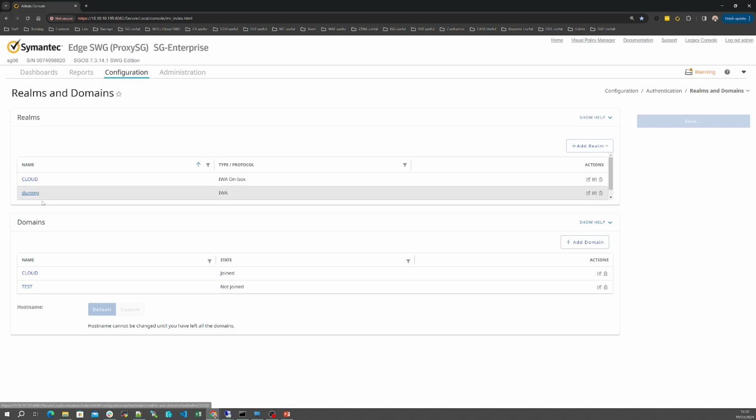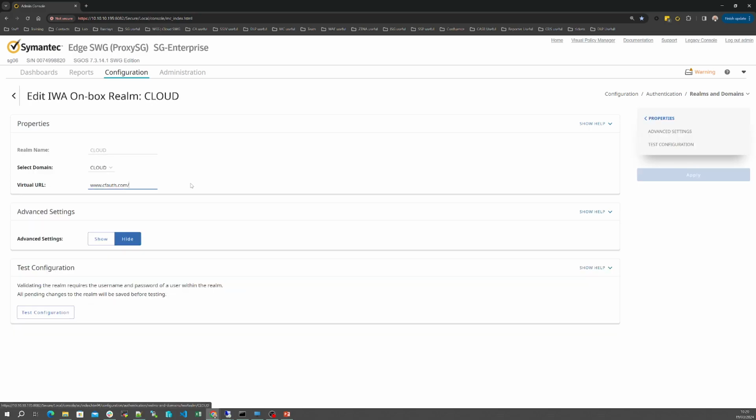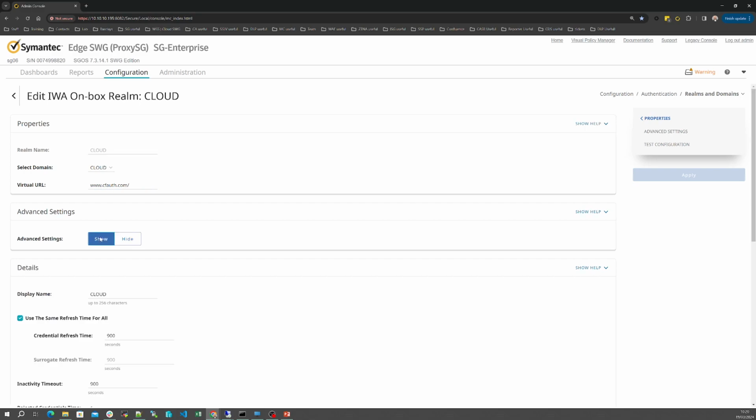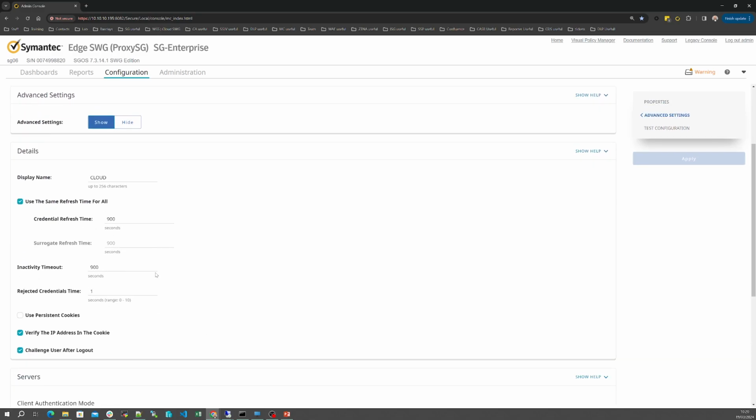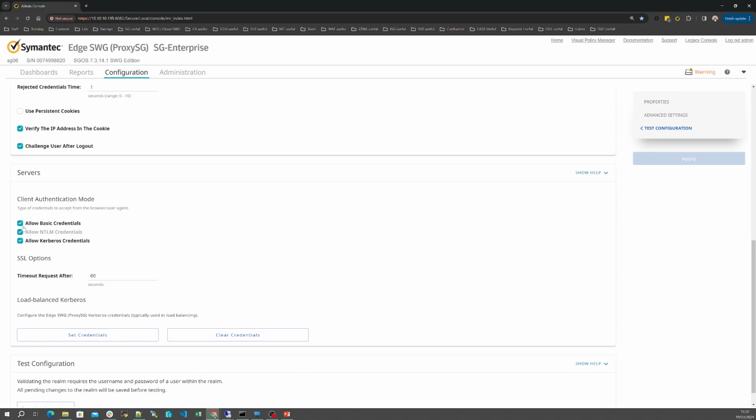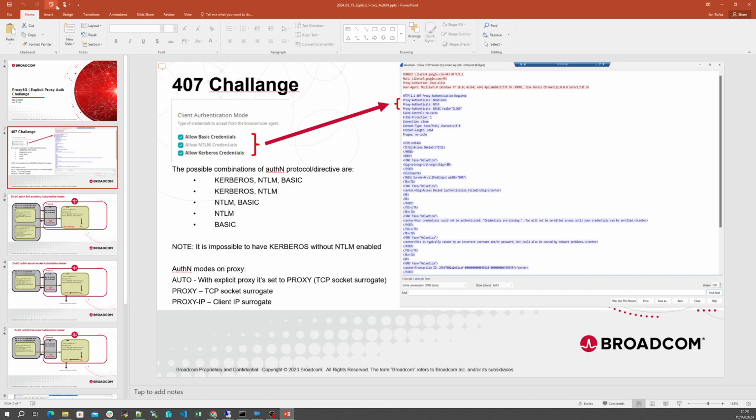So the cloud realm uses the cloud domain. If I go inside it, you can see there's the domain, and I click here on show to see the other settings. And what I wanted to show is that all three authentication modes are enabled on this realm. So Kerberos, NTLM, and basic. Okay, now let's jump into